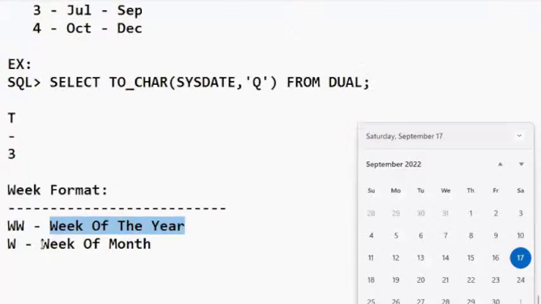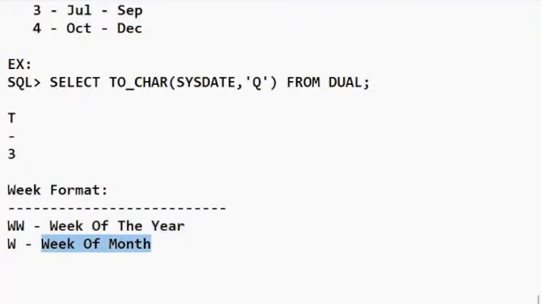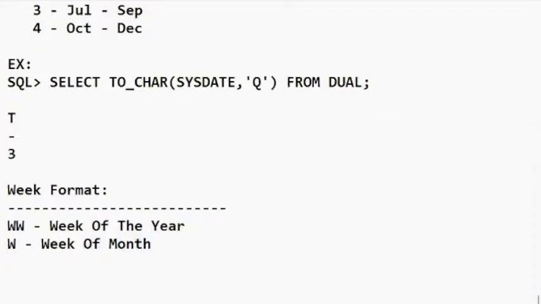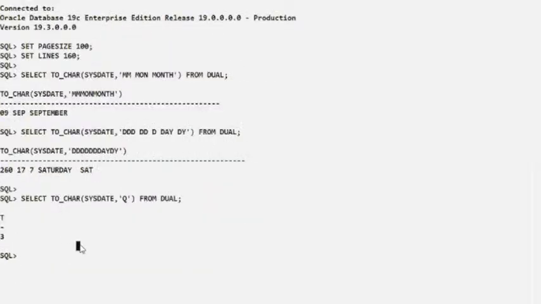And W means what? Week of the month. In this month, as per this data, which week is it? That is written by W. Now we can see as per your table information. So we are writing now: select to_char of sysdate, and now I'm using WW, W, from dual. Now if I execute it,